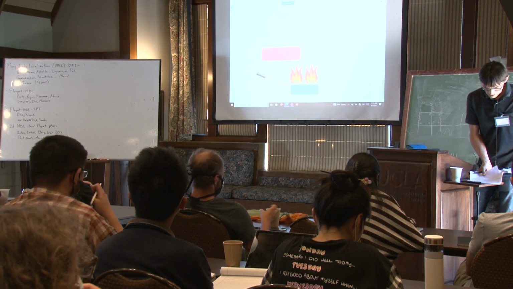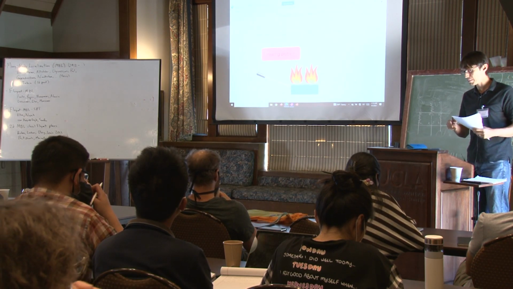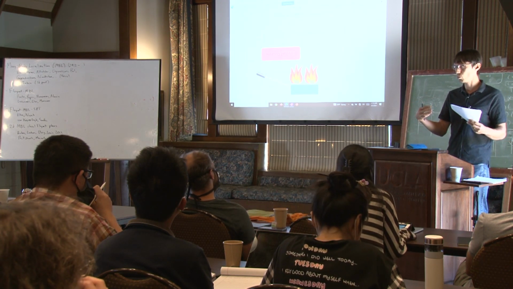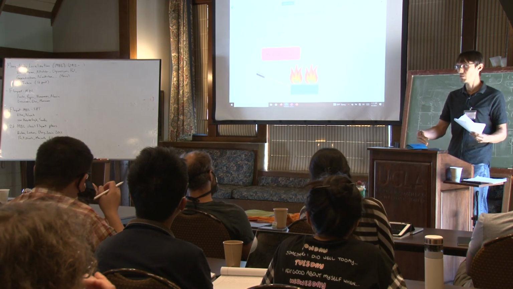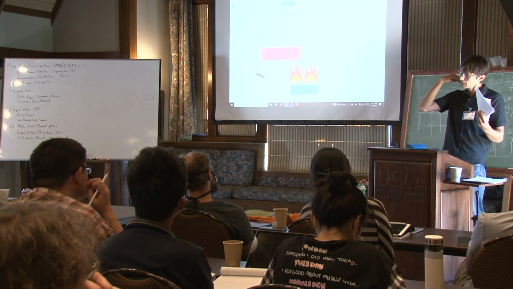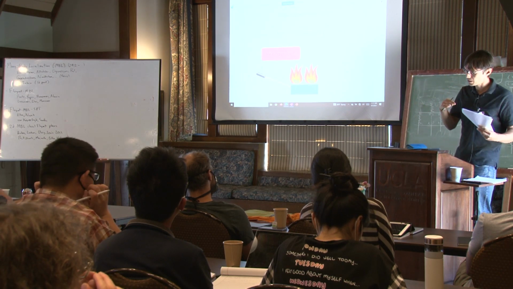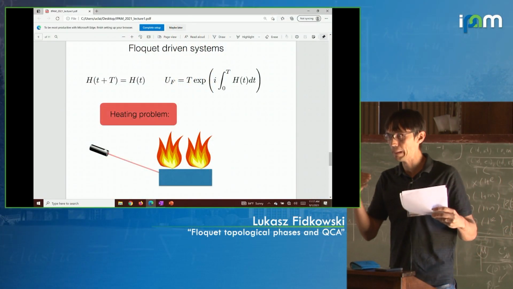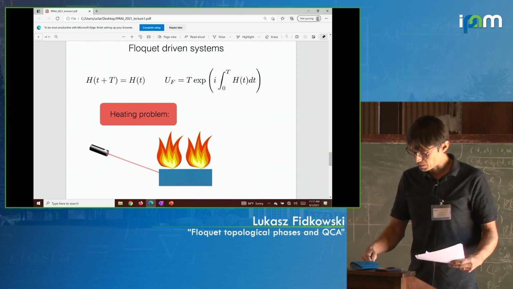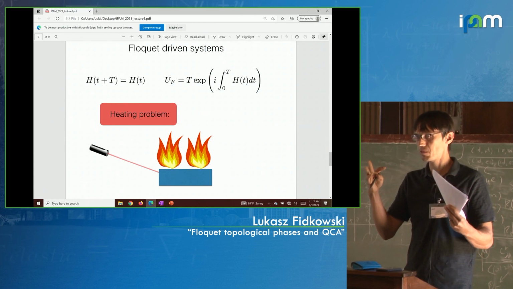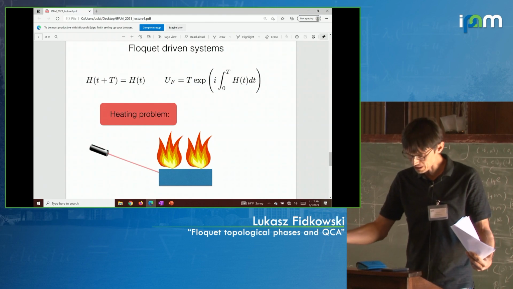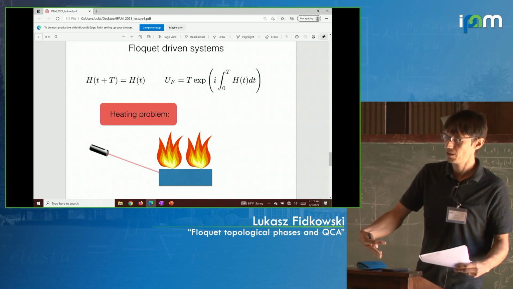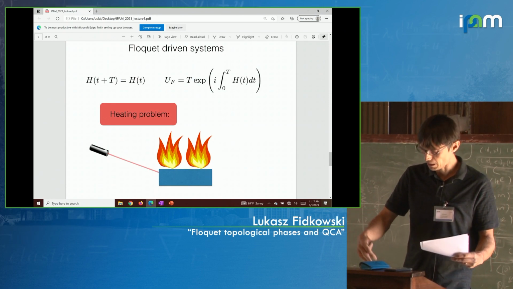That's right. Okay, so nevertheless, it turns out that recently people have found, at least at a conceptual level, ways around these heating problems. So basically there are two problems. In the time-independent case, the difficulty of cooling down to the ground state, and in the time-dependent case, just this heating problem, that you keep absorbing energy until you blow up. So there are ways to work around that, and that's going to be the bulk of this lecture. That turns out to relate to QCAs. Before I describe the solution, let me formalize the notion of this heating problem.